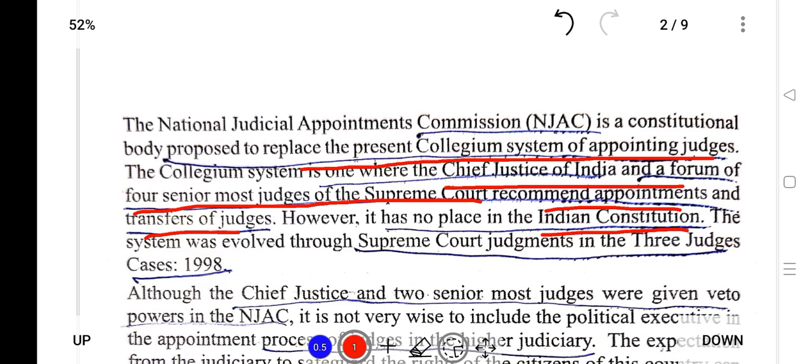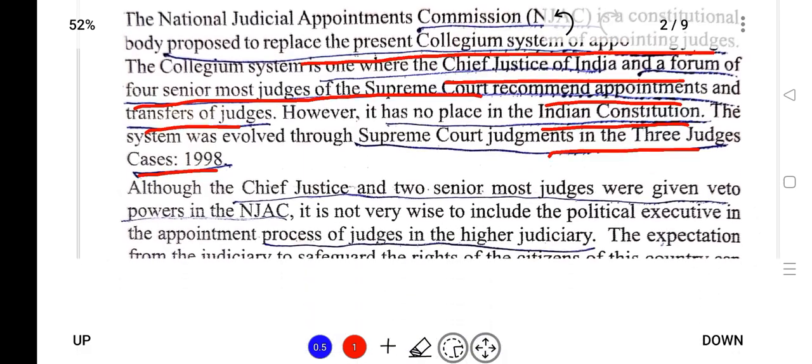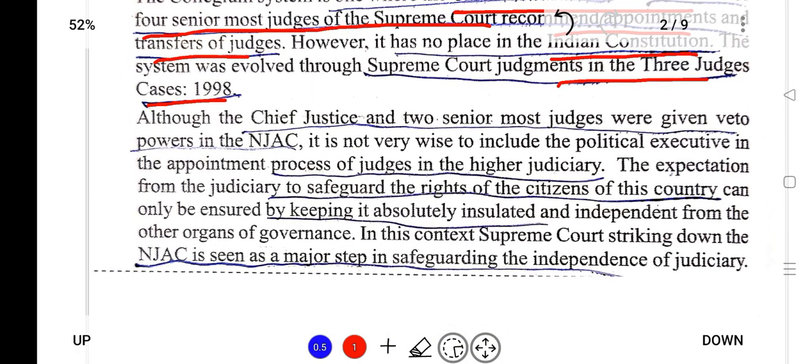The system evolved from the Supreme Court judgment in the Three Judges cases 1998. Although the Chief Justice and 2 senior-most judges are given veto power in the National Judicial Appointment Commission, it is not very wise to include the political executive in the appointment of judges in the higher judiciary. The expectation from the judiciary is to safeguard the rights of the citizens of the country, and this can be ensured by keeping